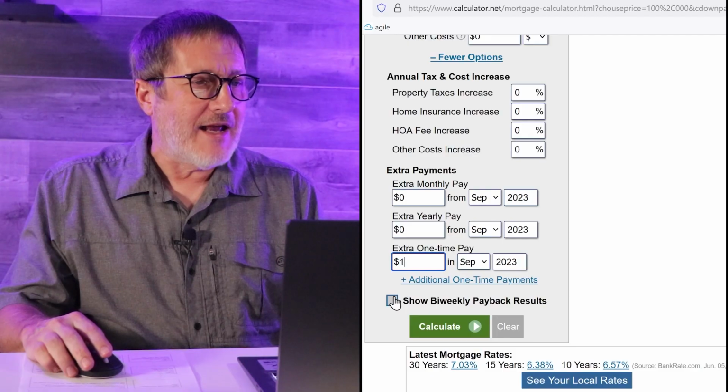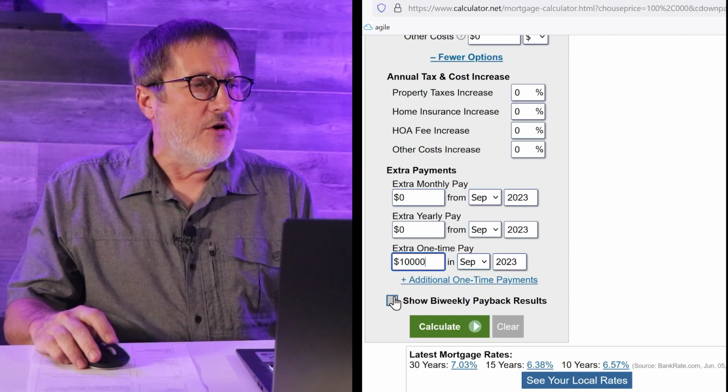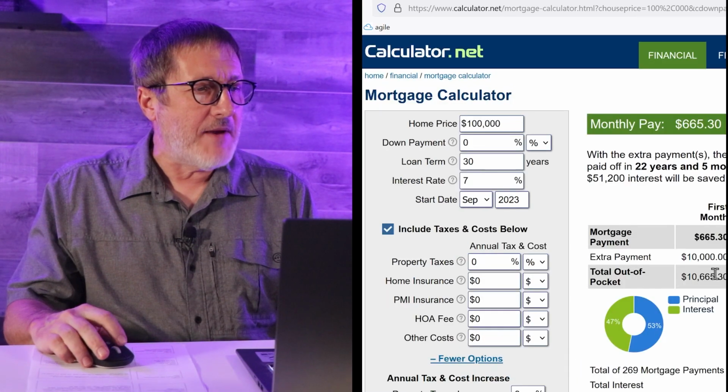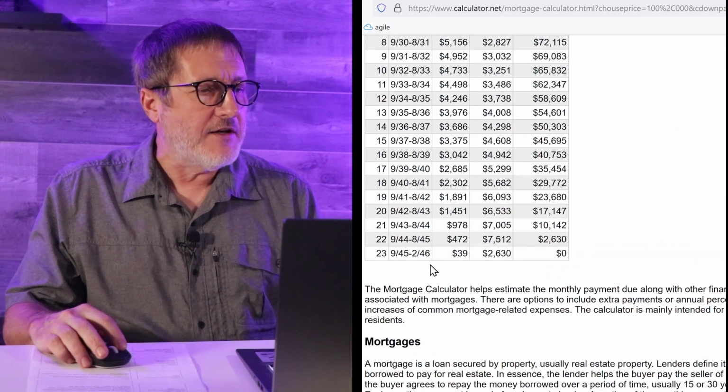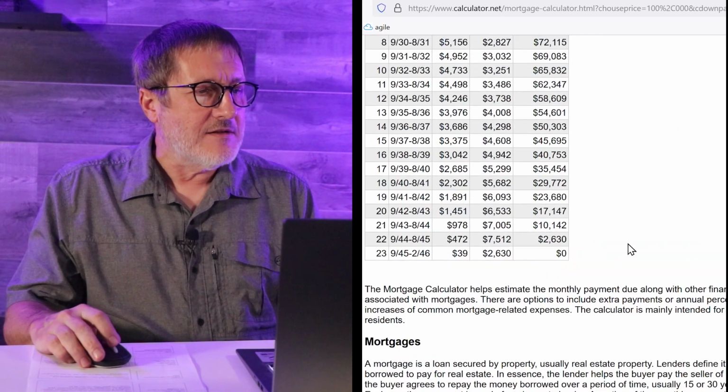There are some talks today with velocity lending, how to get a one-time bigger payment in there and work with that. So if we're back down to the 30 years on this, and we put a big one-time payment, just one time, $10,000, we can calculate and see what that does. It knocks it down to a 23-year loan. So if you happen to have $10,000 in this scenario, it would knock 7 years off